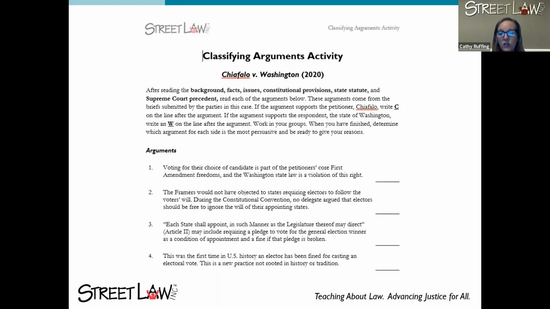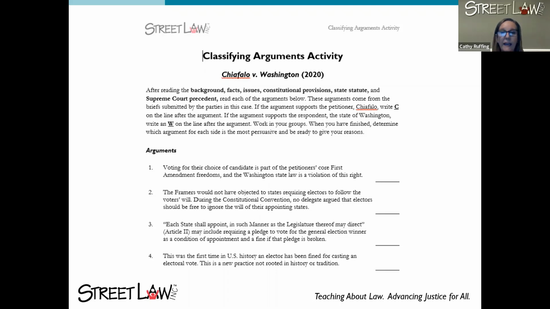One way to engage students with the arguments, in this case from Chiafalo v. Washington, is to have them look at the arguments taken out of their categories of arguments for the petitioner and arguments for the respondents. They really have to get into them and see which side this argument supports.